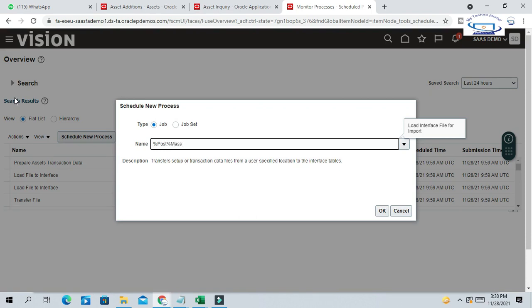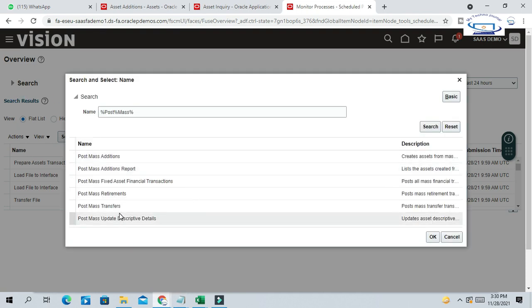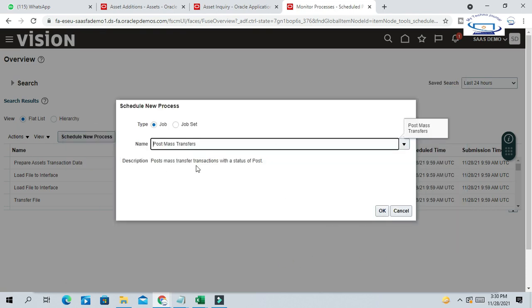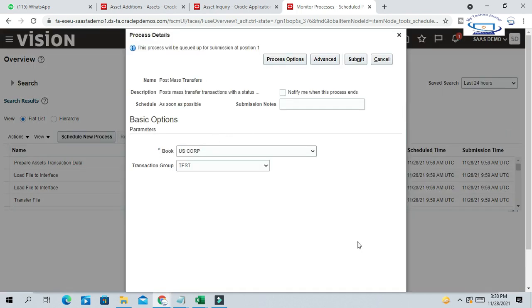Sorry, post mass transfer. So if you click on OK, if any file is in the interface, automatically it will be populated here. So US Corporation or US Corp book and the transaction group we have created here, which is available in the interface, ready to be processed. Transaction group. So OK, submit.